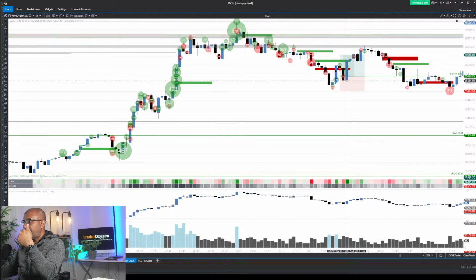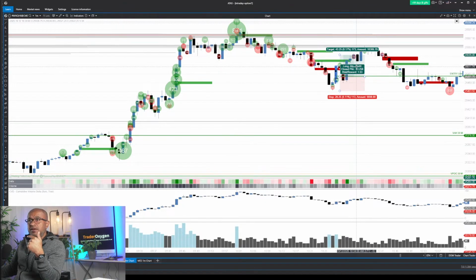Now, as I said earlier, we did not trigger this, we did not take this entry. Why? Trading is a game of probability, so we need probability on our side, right? Now, even though we were doing this deep analysis, why we did not take this trade is